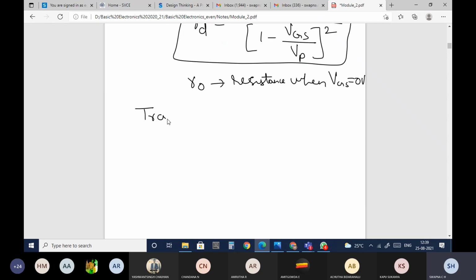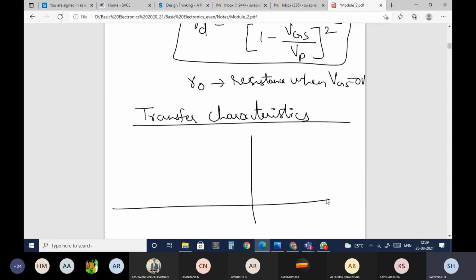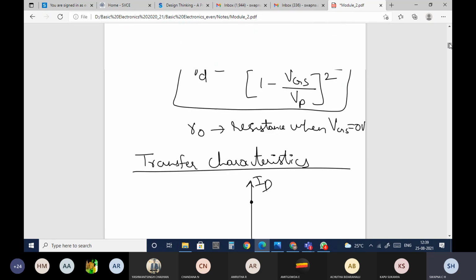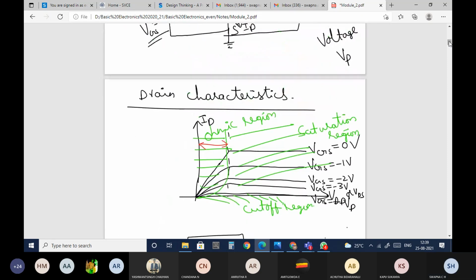transfer characteristics. It is again a VGS versus ID graph. When VGS is equal to 0, I get the maximum current.